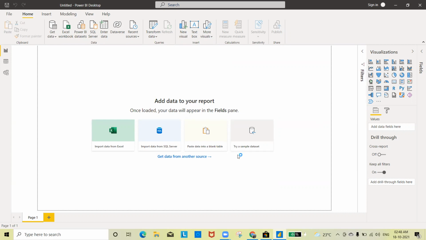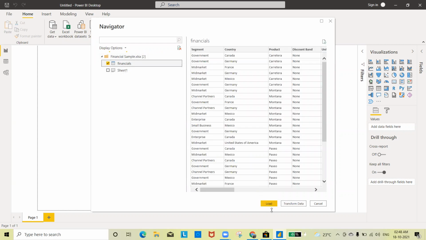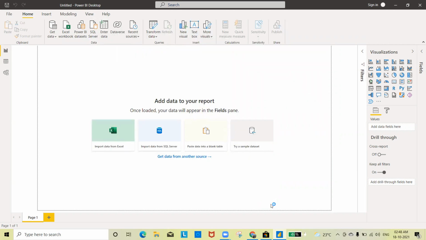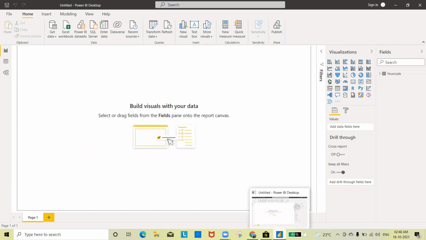It's so simple, visually appealing, and people want it. So let me select this particular thing here and I say load. Once you load this, here in the field section, you can see that this particular file which you are loading, all the columns and everything will come here. So these many kinds of graphs you can create out of it. I will take an entire lecture on that. But today I just want to let you know how to install it, how to launch it.